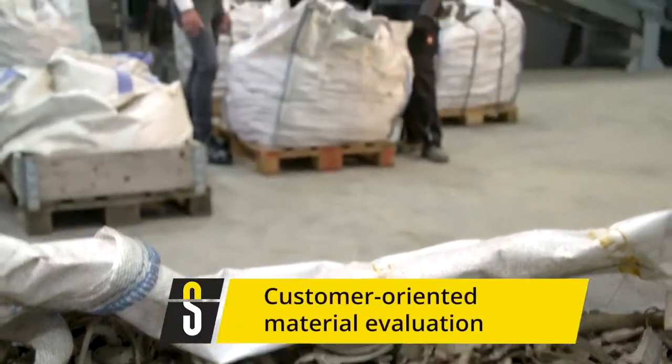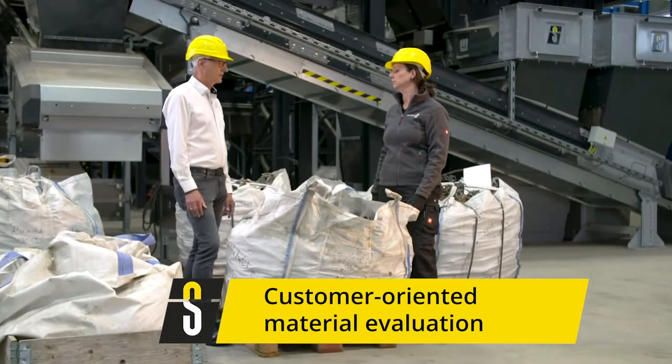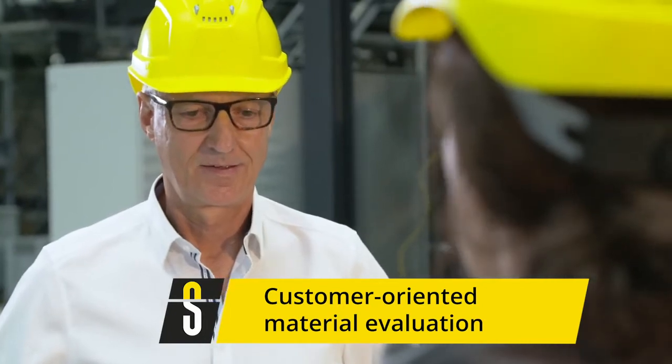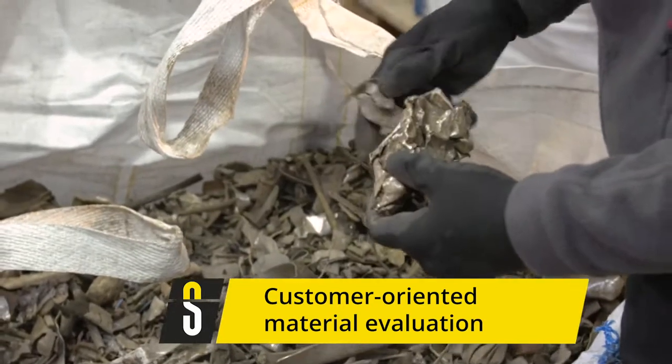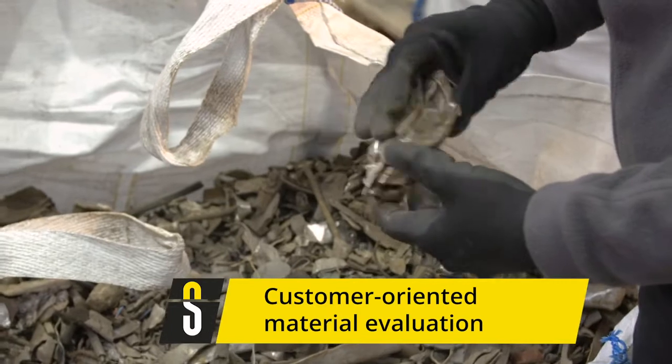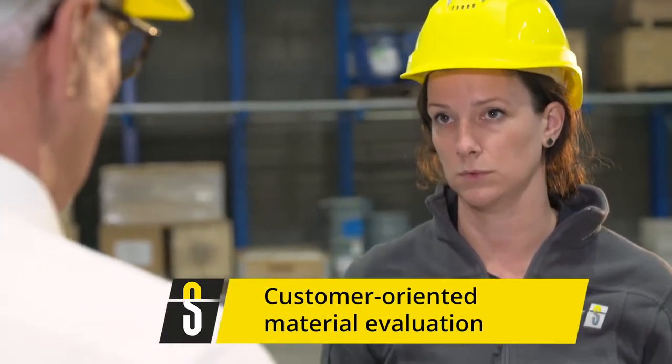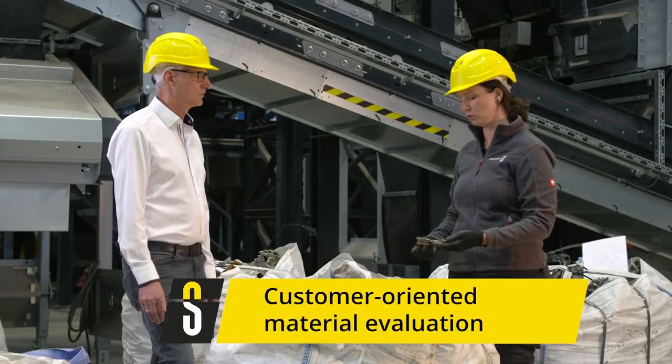Customer test requests often exhibit similarities at first, but tend to differ in detail. We like to receive the material up front to get accustomed to it with pre-trials. Ideally, the customers are present during the testing. Normally, this is the case, and it gives us the ideal conditions to find the best solutions for the customers